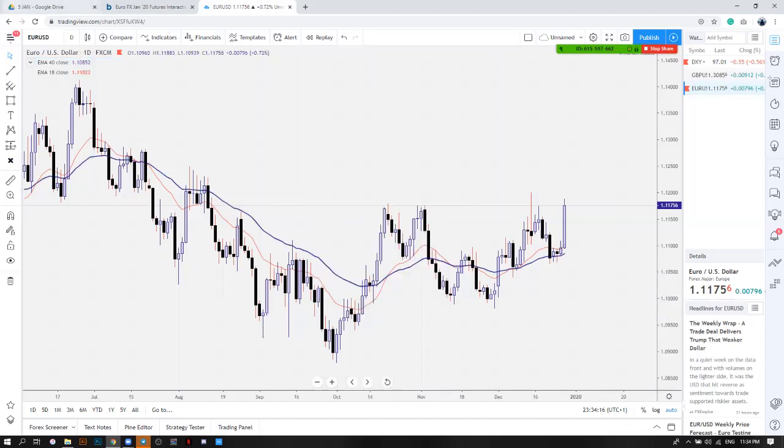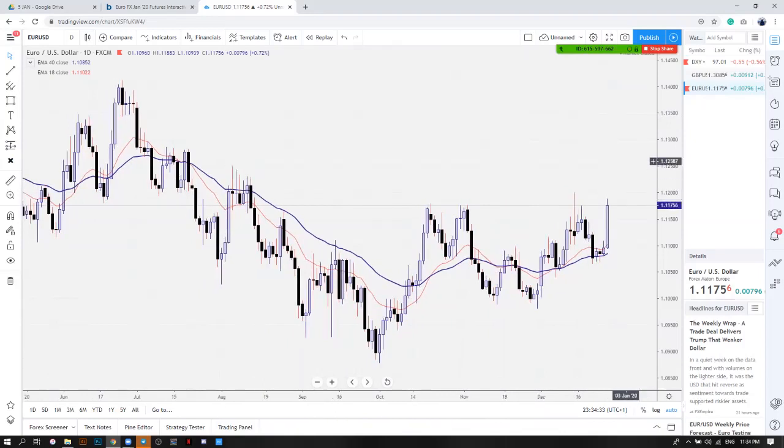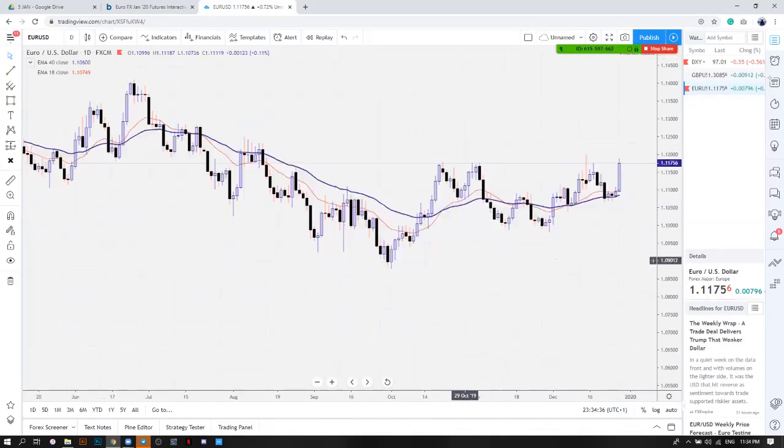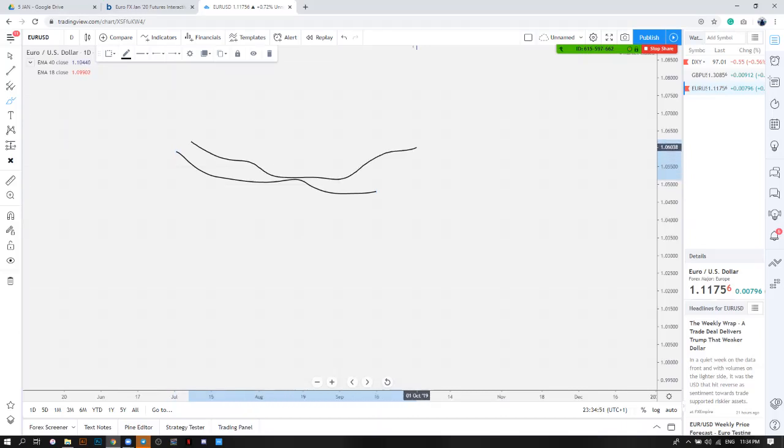Okay, all right. So now the 18 and the 40 EMA is indicative of the market strength. How quickly is the market going to move in the direction of that trend? So I told you guys, once you see the 18 EMA and the 40 start to fan out, let's use this. Meaning, if we assume this is the 18 EMA, and then this is the 40 EMA, once it starts to widen,